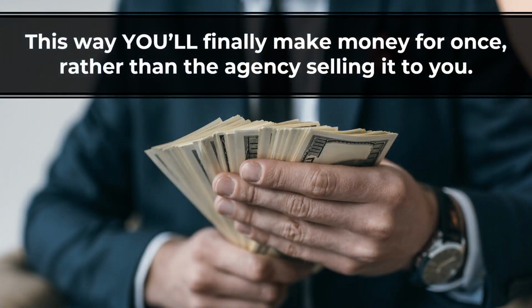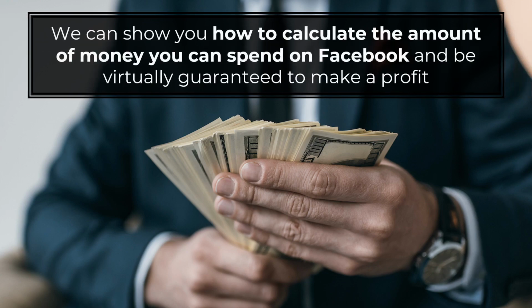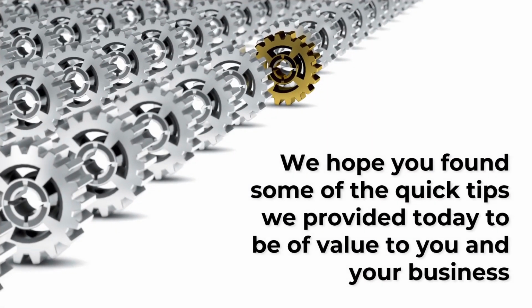This way you'll finally make money for once rather than the agency selling it to you. We can show you how to calculate the amount of money you can spend on Facebook and be virtually guaranteed to make a profit. We hope you found some of the quick tips we provided today to be of value